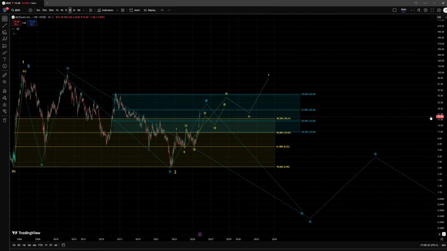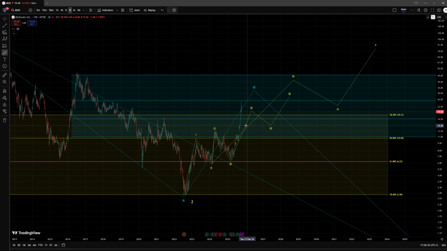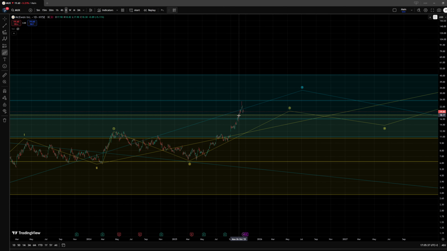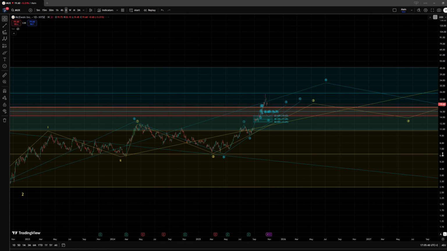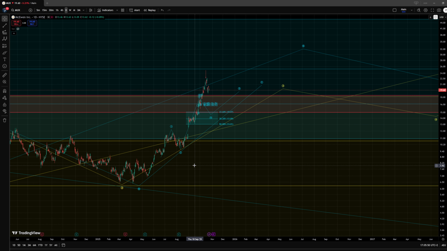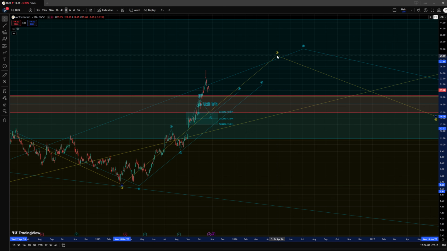Now, unfortunately, since the previous video we have pushed further up, but in a diagonal pattern we have failed to continue to evolve this structure within an impulse, and what we have been tracking in this area previously doesn't really apply anymore, where internally we were considering possibly a series of 1-2 setups in this area, a third wave possibly up here. We were looking for a larger correction in wave 4 to match the correction in wave 2,